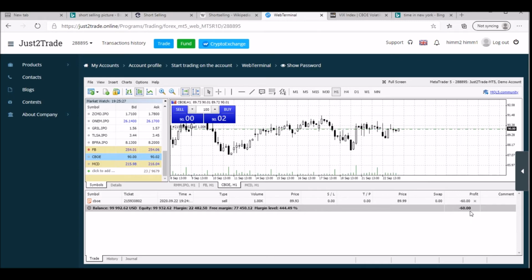So you can see the profit is negative 60. Whoa, guys. That means the price is shooting up, which shouldn't be, because we anticipate that the price should go down so that we buy it at a low price, because we've sold it high. So you can see here the profit now becomes negative 60. Whoa, that means we are losing here. Okay, so it's going down now. Let's see if we can make some profit here.